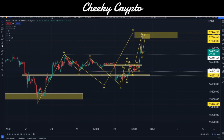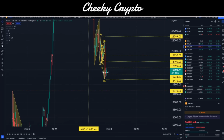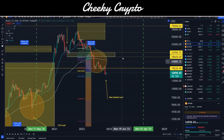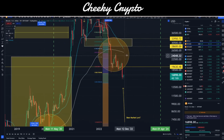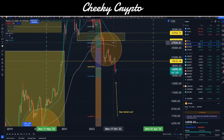Now, the other thing I do want to touch on briefly here, if I come up into, let's try this weekly chart here. Throw on our EMA lines, this one and this one here. We can see that they are on a collision course to collide and cross. This would be a death cross. We're probably a few weeks out from this, okay, but this would indicate that we have some significant downward price